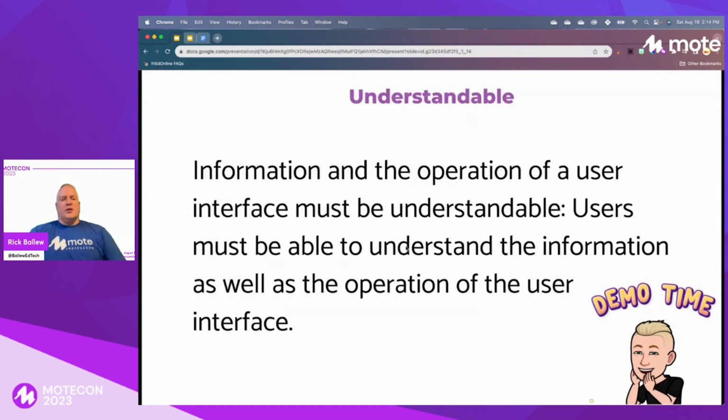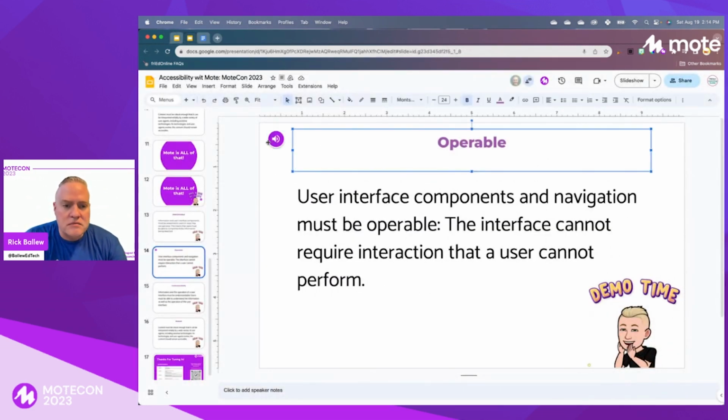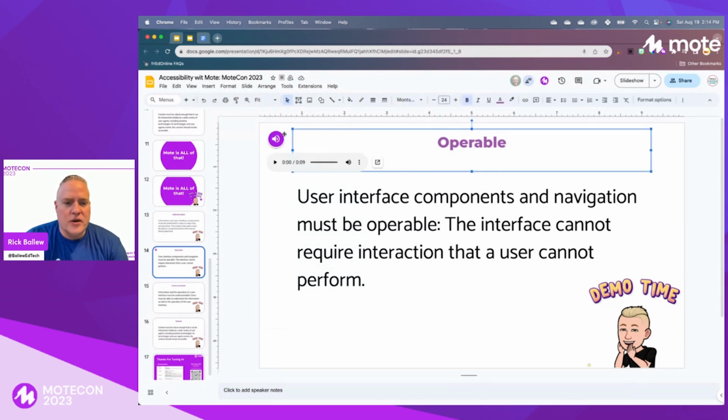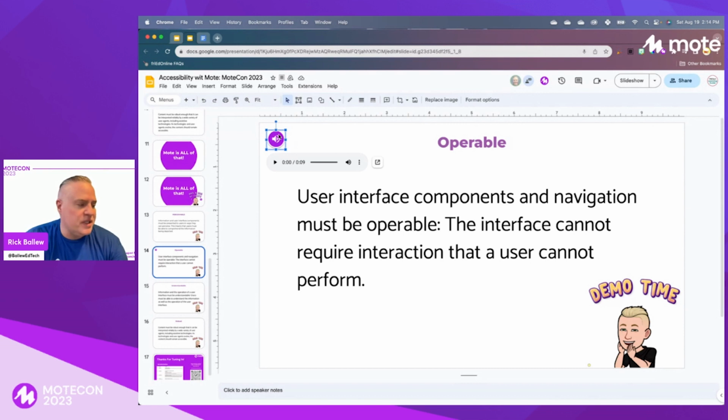Next is understandable. Information and the operation of the user interface must be understandable. Users must be able to understand the information as well as the operation of the user interface. And again, Mote does this perfectly. What it does is it gives you an icon that is clearly a speaker, and you can use this to click on it and understand what it is you need to do. You can also, I'm a big fan of doubling the playback speed, but that's just me. Anyway, the idea here is by it being operable,